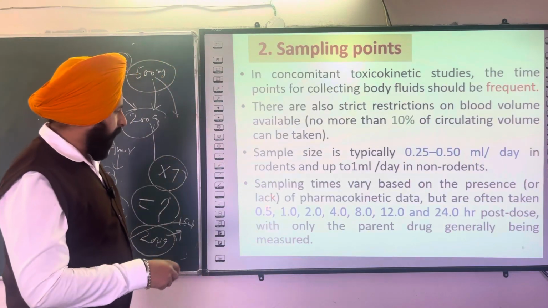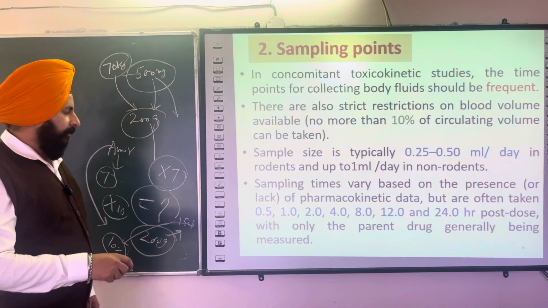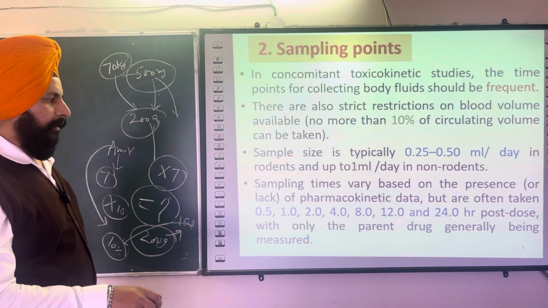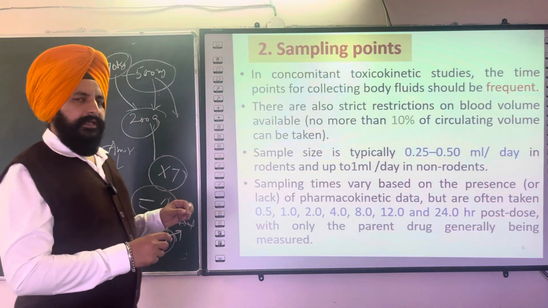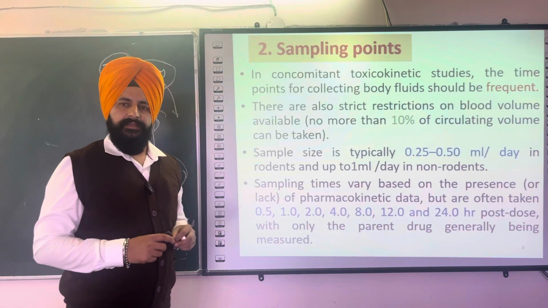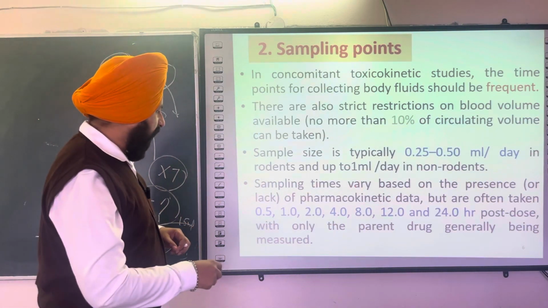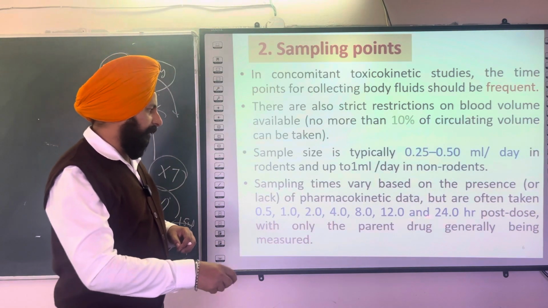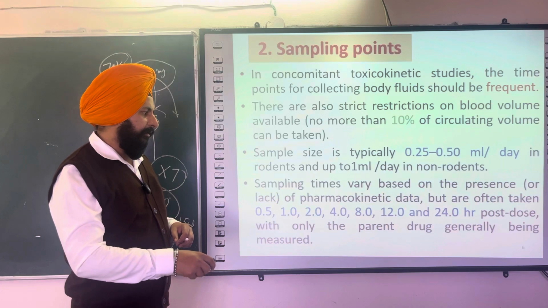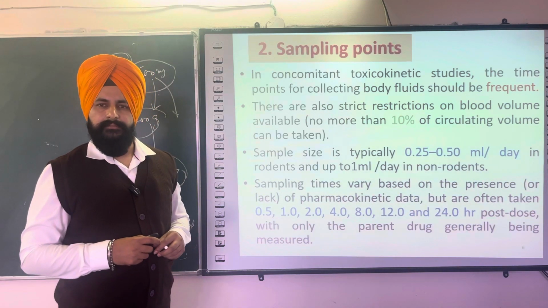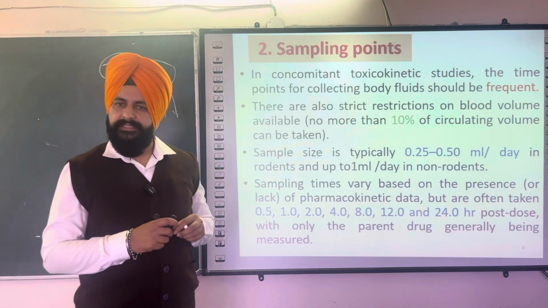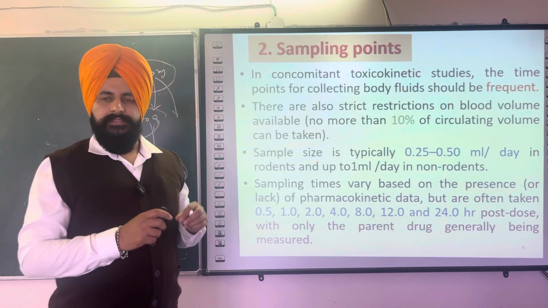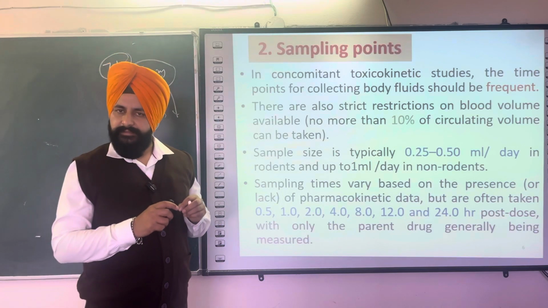So suppose you have fixed your intervals at 0.5 hour, 1 hour, 2 hour, 4 hour, 8 hour, 12 and 24 hours. You cannot take blood from a single animal. The reason is, if you take 0.5 ml from a single animal, the total blood you will take in one day will be approximately 4 to 5 ml, which is not allowed by CPCSEA,